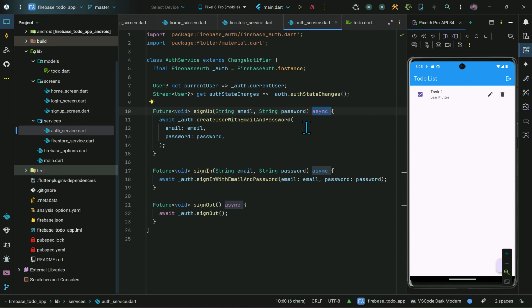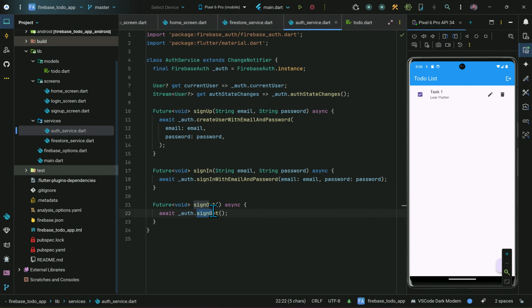We need to change the function to asynchronous type, and we will make this function await until the result is generated. Then you see this object auth, which is of the Firebase auth, that create user with email and password, and the email and password are provided here. Similarly, sign in, the same details, sign in with email and password, and email and password are created,